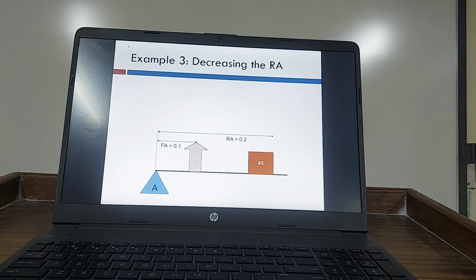Now you can understand which one is more efficient. Now you please tell me, which example? First example, second example, third example? Second. That means with variation or increasing the FA arm, I can decrease the load, or the magnitude of load can be increased proportionally. Good, fine. Proportionally मैं ज़्यादा amount से उसको reduce कर सकती हूँ as compared to RA को reduce करने से.